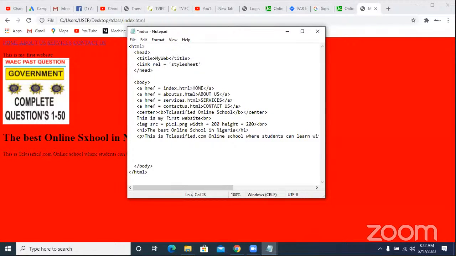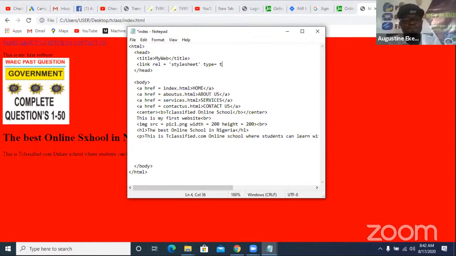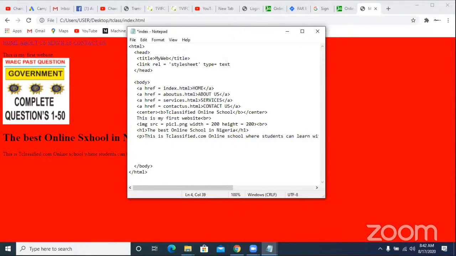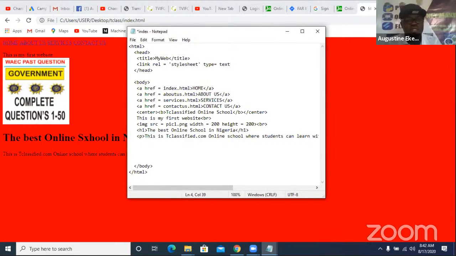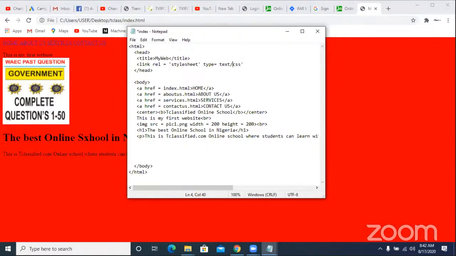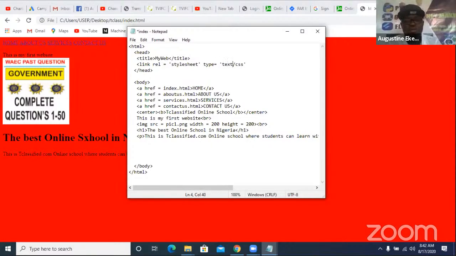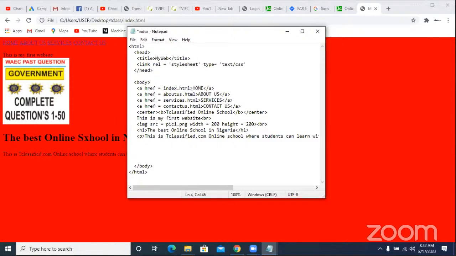Then space, type equals text/css. Type equals quotation again, text slash CSS, and it is in quote. Yeah, I know. Okay, what else? Then href